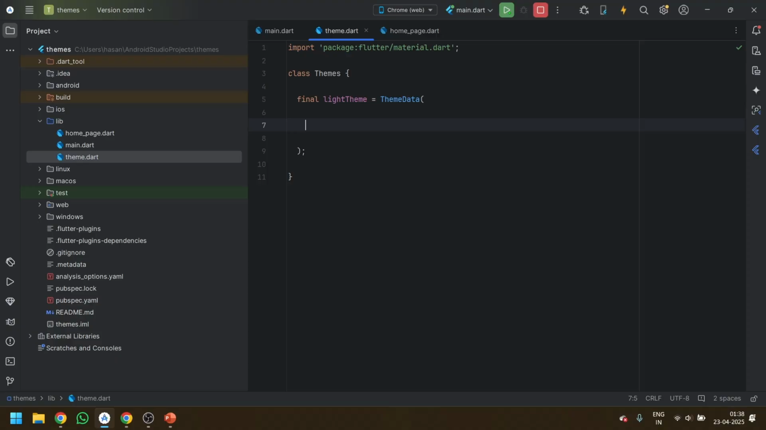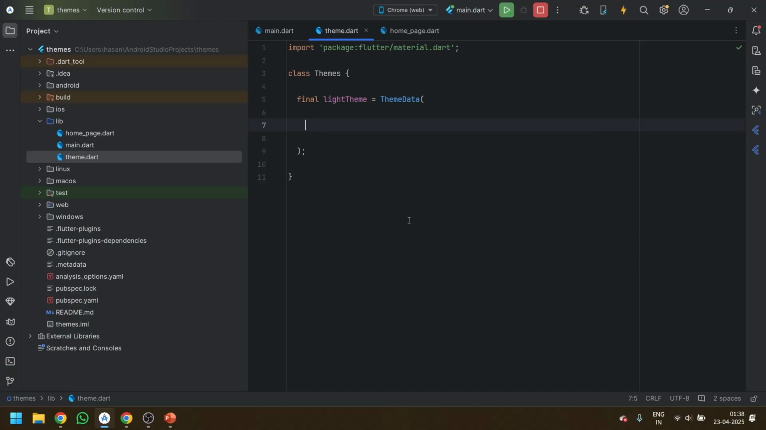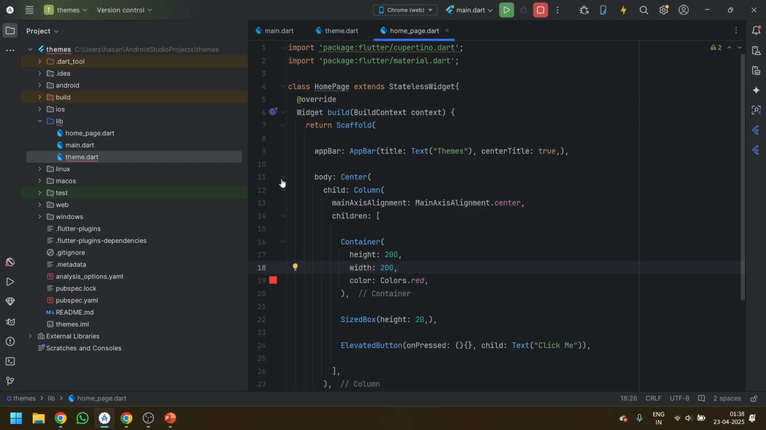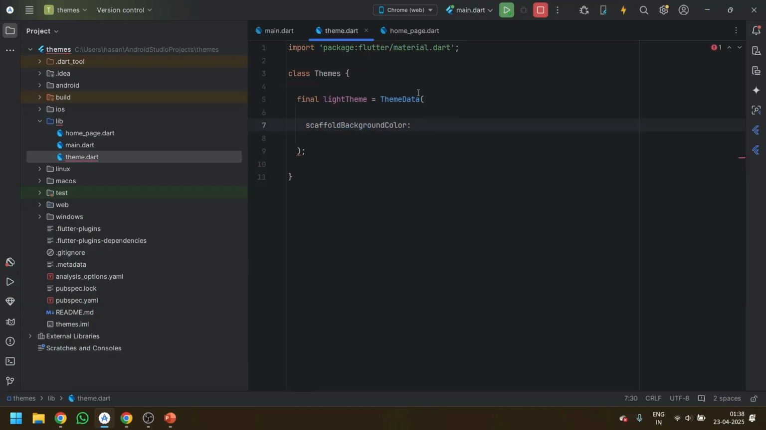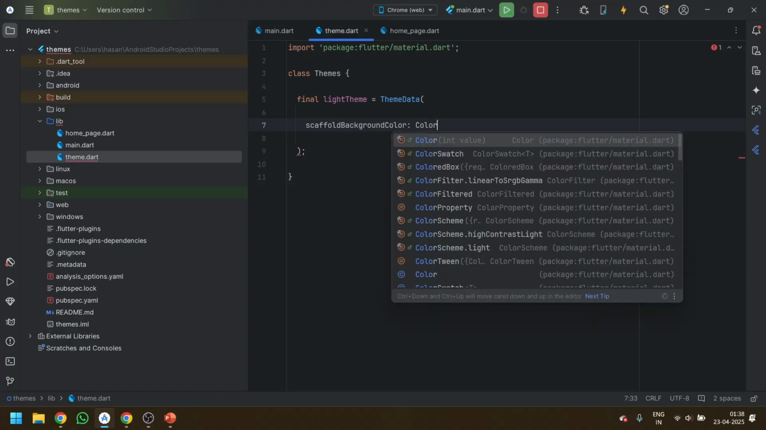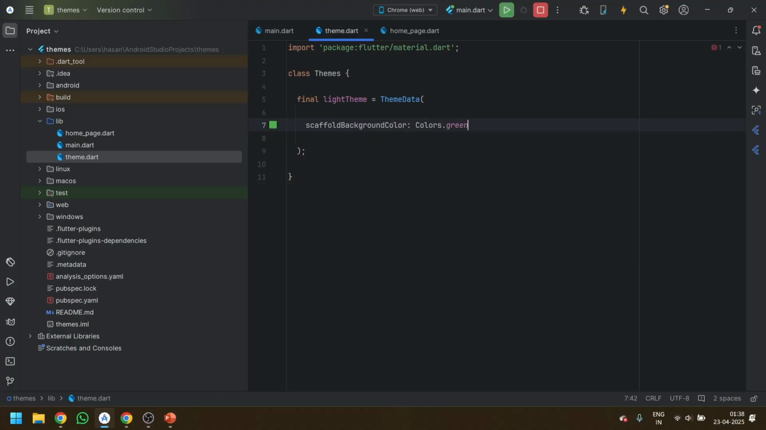Very first, we have so many options over here. We will use the scaffold background color. Now you can see in our home page, I haven't given any background color yet. So let's give a background color. When the app is in light mode, I want the green color to be displayed. And when the app is in